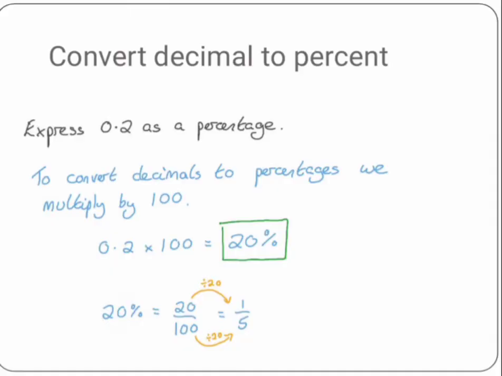Next is to convert a decimal into the percent. To convert a decimal into a percent, we move the decimal point 2 places to the right and assign the percentage symbol, or multiply the decimal by 100 and assign the percentage symbol. Let us see one example. Express 0.2 as percent. To convert decimal to percentage, we multiply it by 100. So 0.2 when multiplied by 100, it will become 20%. In this way, we are going to convert a decimal into the percentage form.